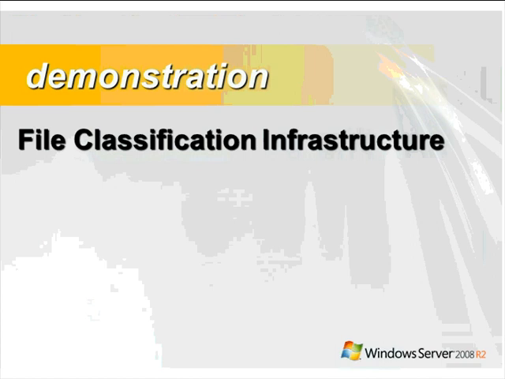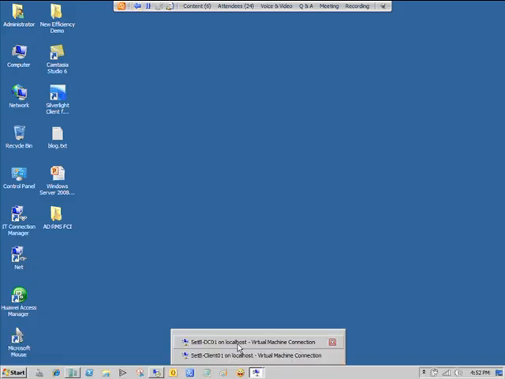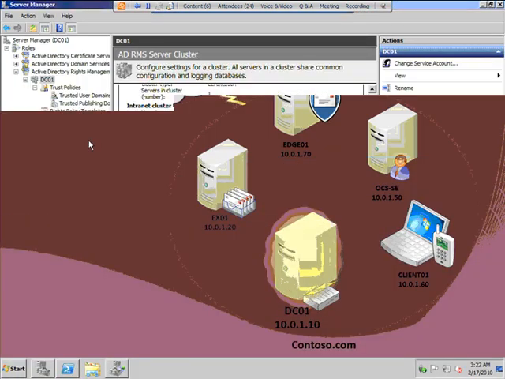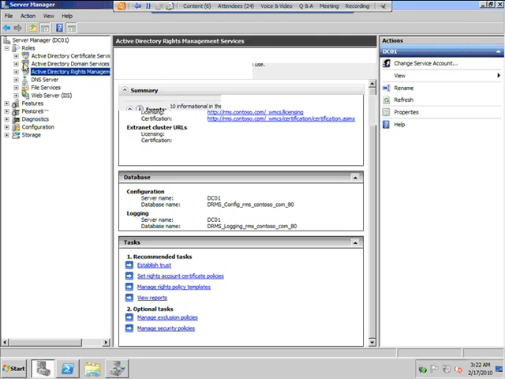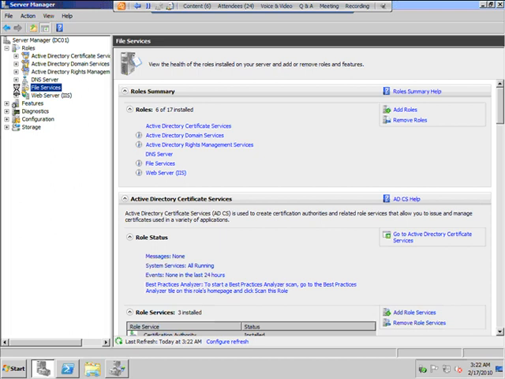So now let me just share my desktop again, and we'll see the next option, which is your file classification infrastructure demo. So once again, let me share this particular computer, which is my domain controller. Now here you will see that this file classification infrastructure is basically available as a feature in your file services role. To install this particular role, you will have to go to file services. Now I have already installed this particular server role in your